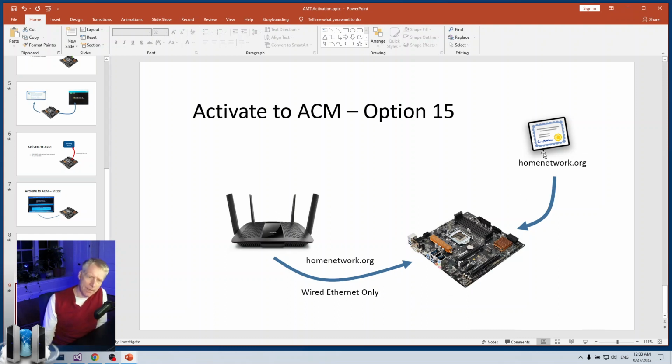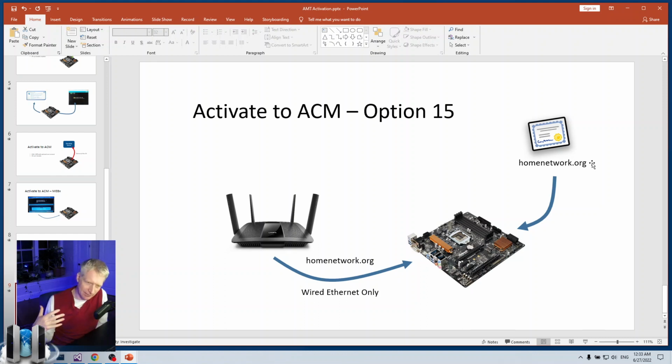And then if you put special software in the operating system that can relay traffic, and I won't get into the detail of this, but what will happen is that somebody can go and buy a certificate with the proper domain name, like homenetwork.org or sample.com. You go to a trusted CA, and you have to prove to them that you own this